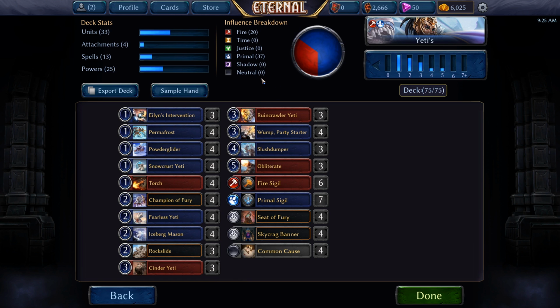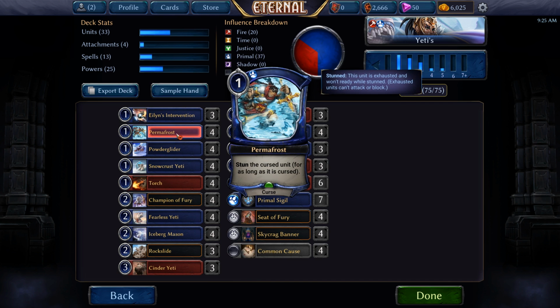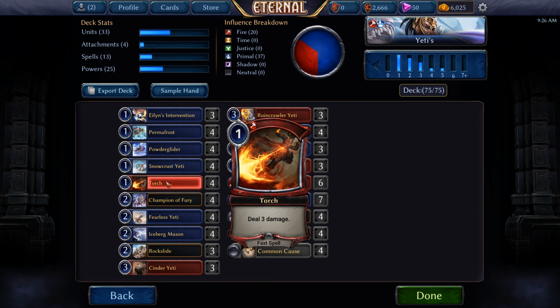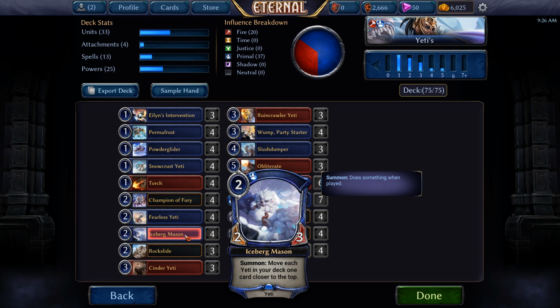We have made a few changes. We are running still 3 Islands Intervention. This card has been very good and has in fact overperformed for me. We've also gone up to 4 Permafrost because it's just the best removal spell to have in these aggressive decks. Still running 4 Powder Gliders and 4 Snowcrest Yetis. These are our 1-drops. 4 Torch, because Torch is awesome, 4 Champion of Fury, 4 Fearless Yeti, 4 Iceberg Mason,